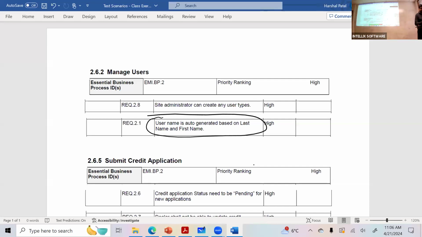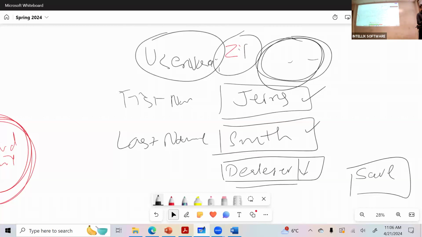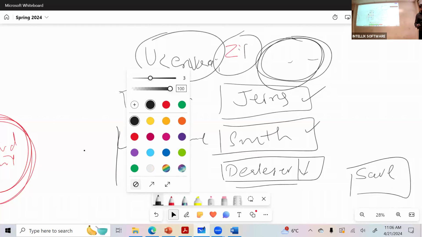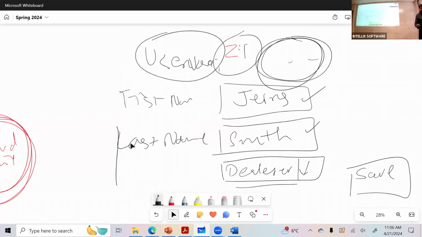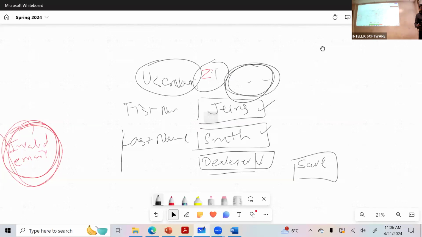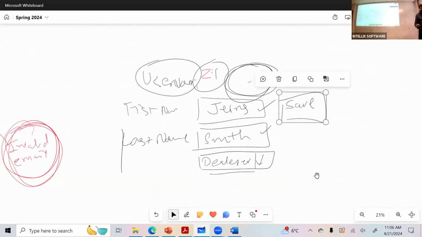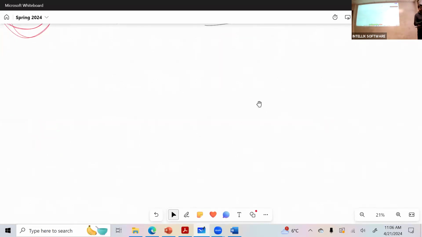Given this information that Herschel gave, Jerry Smith, think around it. He just gave you Jerry Smith, first name and last name. And you said the system can auto-generate, right?